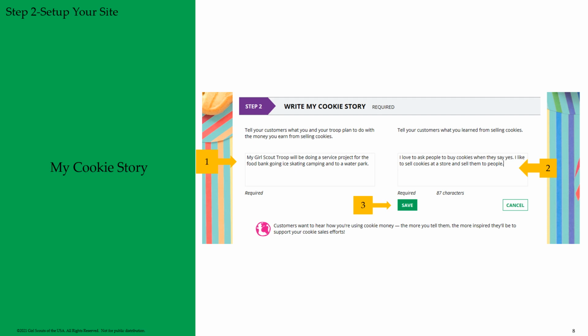This is what customers will see when they come to the girl's site. So it's her sales pitch as well. Encourage her to think about what is going to entice her customers to want to purchase Girl Scout cookies. After you click Save,